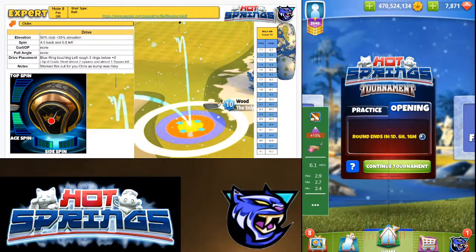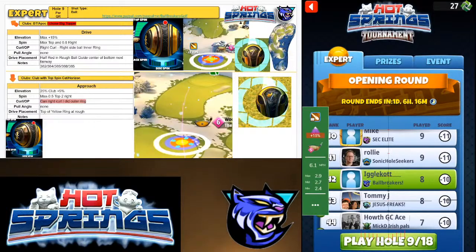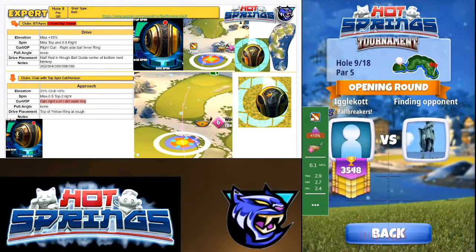All right, so on the drive, we got max plus 15%. You can use an apocalypse here. I just chose the big topper to get a little more distance, and our setup spot works pretty good for almost all big toppers. We're gonna do max top,